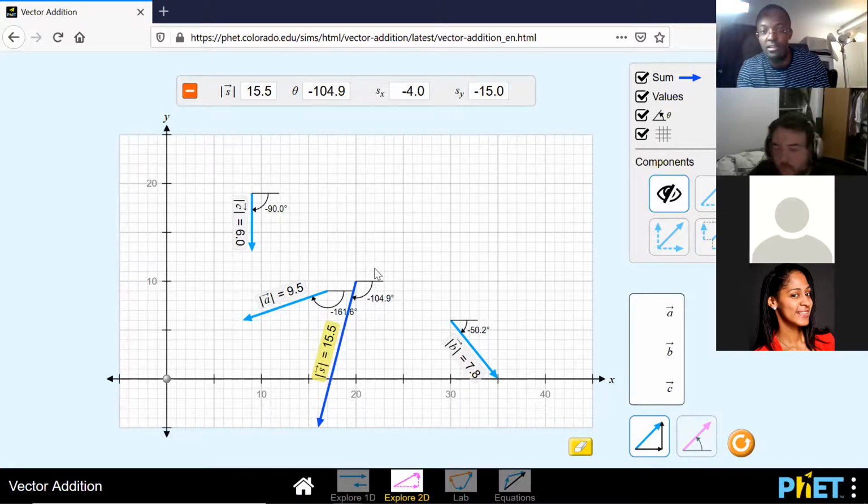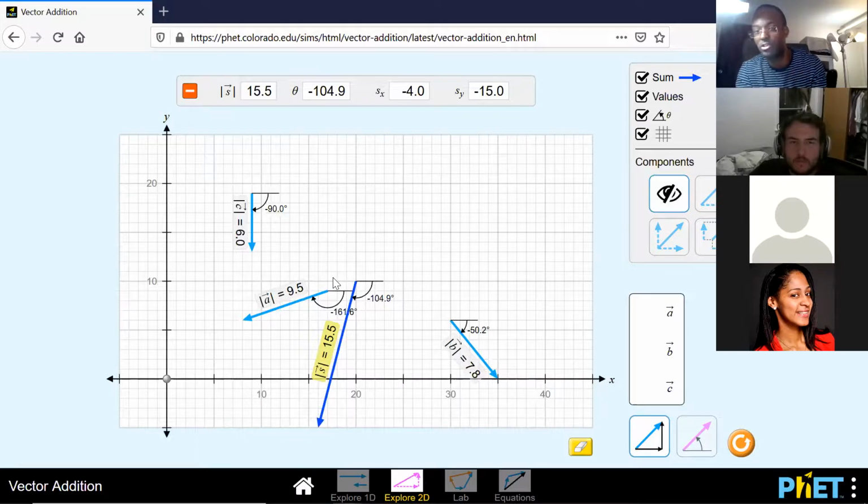So let's do that and see if we get what we expect. Basically, the dark blue line is the sum. How do we add them up? Head to tail, just like I showed you with the 1 dimension, but now in 2 dimensions, it's less trivial